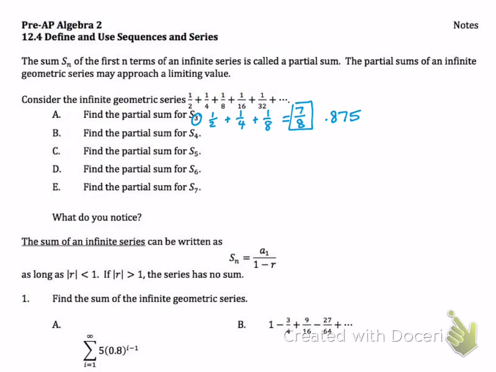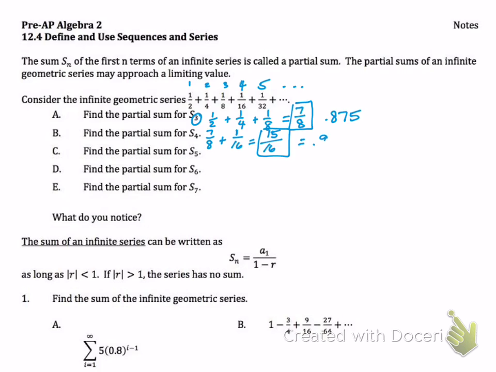So once you found S3, like to find S4, you don't have to go back and do all 4 again. You can take 7/8 plus 1/16. So if you have 1, 2, 3, 4, 5, and so on, to find S4, I'm going to take my previous answer, which is S3, and I'm going to add the next term. So 7/8 plus 1/16 is what? 15/16,